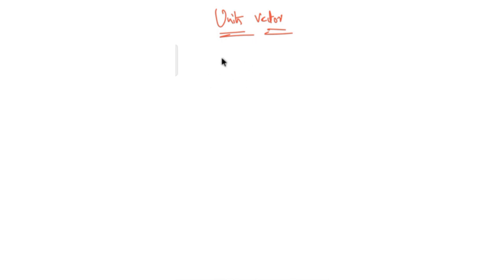If I take a vector u and take the dot product of it with itself, and if I obtain 1, then I can say that this u is a unit vector. So what does the dot product actually say? That's what we have discussed, right? Dot product says that it's a distance. Dot product with the same vector.